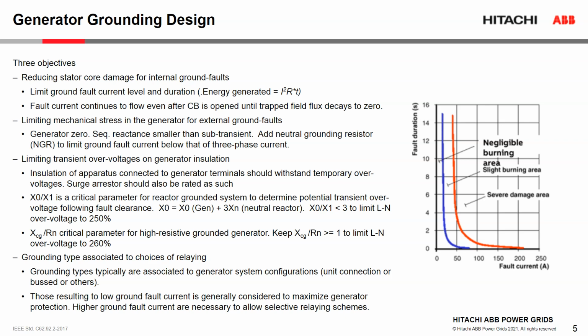So why are we grounding a power generator? There are three objectives, basically. First is to reduce the stator core and winding damage from internal ground faults. As we know, the zero sequence impedance for a generator actually is smaller than the positive sequence. In other words, during a ground fault, if you don't limit the current, it will actually be higher than the three-phase fault, for the single phase to ground, for example. So that's why typically we would like to add some kind of impedance in the neutral to limit the